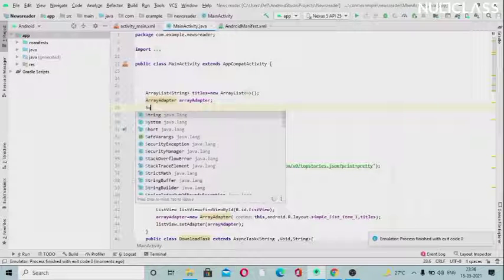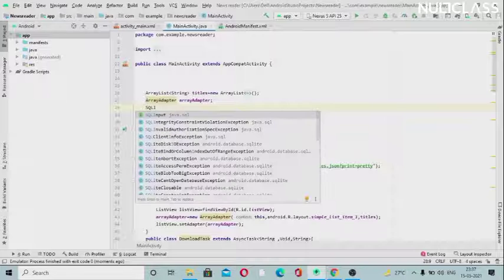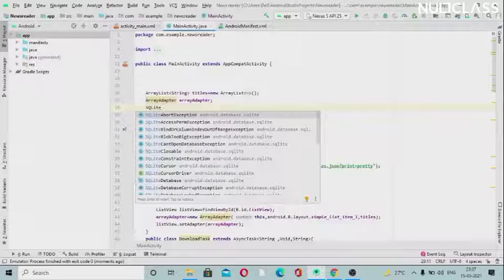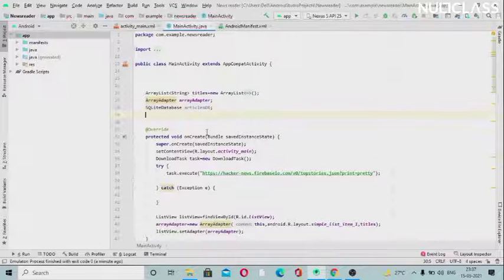I think this should be here by this name. SQLite database. So we need this one and we will name it something like articles database. So this is okay now, so we can use it anywhere.